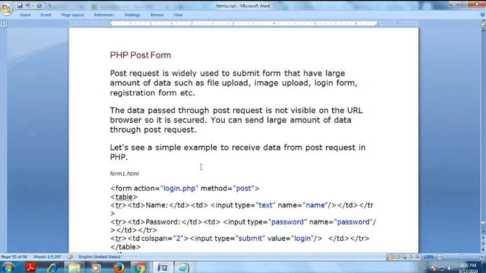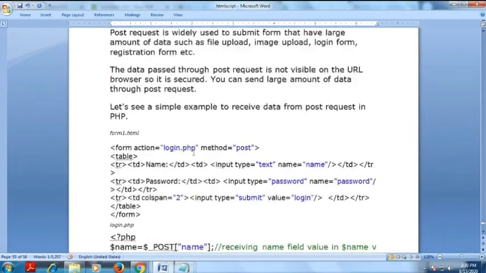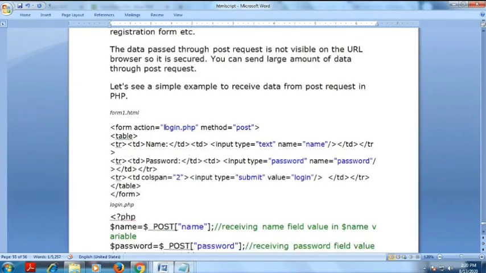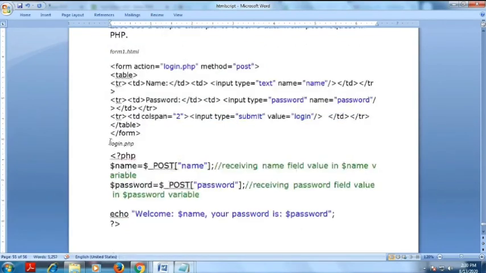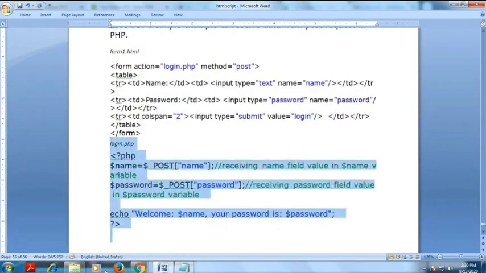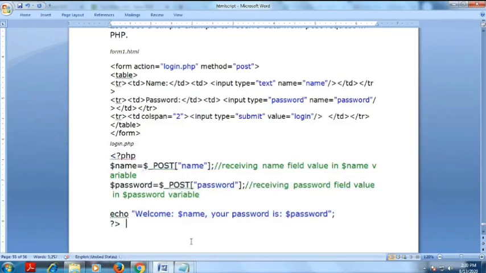You see this example. I have to create two files. One is the form I design, which I store as form1.html. Another one is the login page. This is an example of the POST method. I declare username and password, you know all those things, and a submit button.